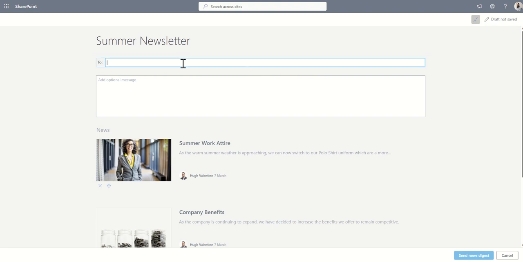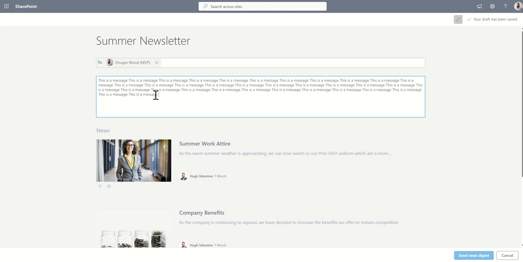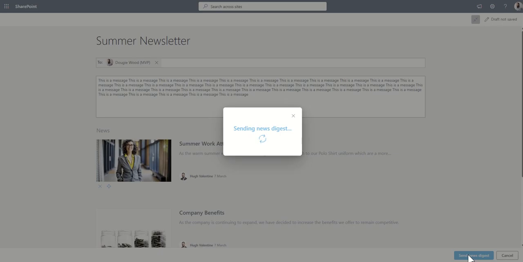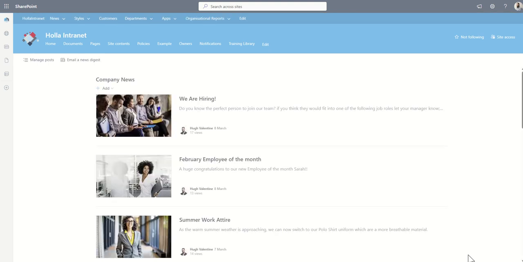You put in who you want to send it to. Now, this could be a distribution list. You put in a bit of a message, a bit of text, and then you click on Send News Digest. Now, a lot of people are using Teams and things like that, and a lot of people would argue that people should be going to the intranet homepage for their news. Now, I would say as a temporary measure, if your organization is already used to using emails for newsletters and news digests and things like that, then this is a great way to encourage them to go to SharePoint,